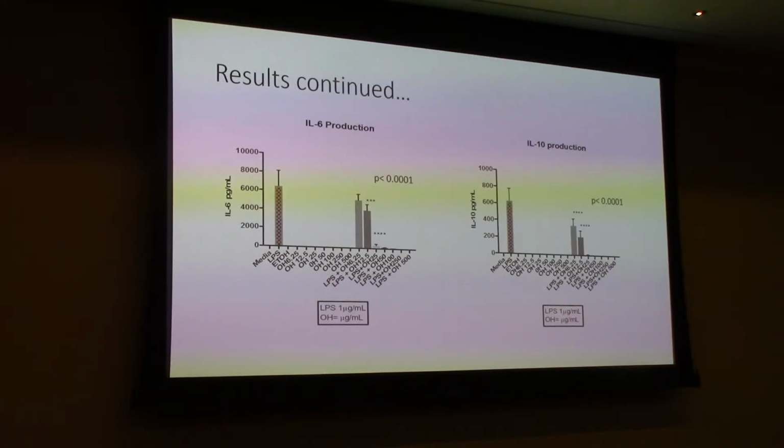And here we see with IL-6, we're seeing an inhibition at 12.5 micrograms per mil, and our p-value is significant at 0.001. And then IL-10 production was also inhibited at 6.25 here, and that was significant. So we also find